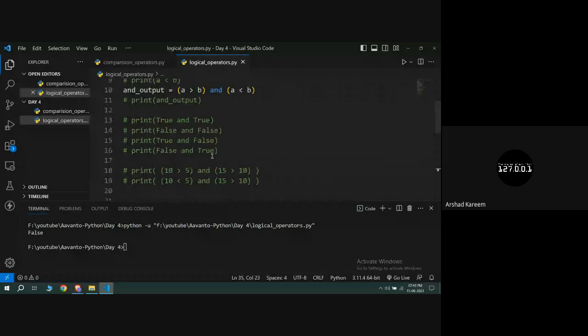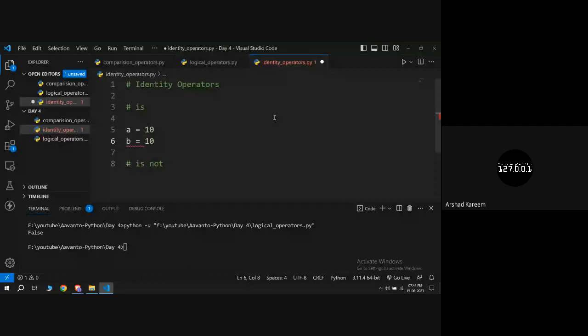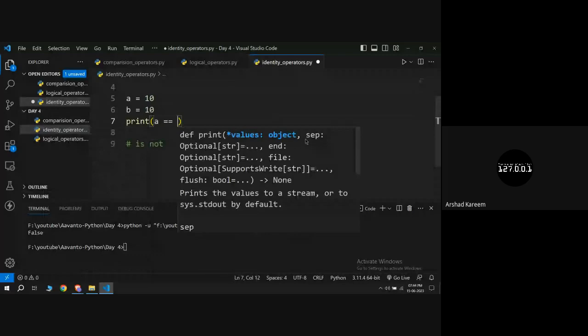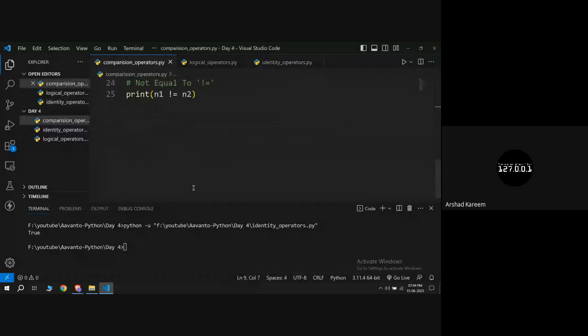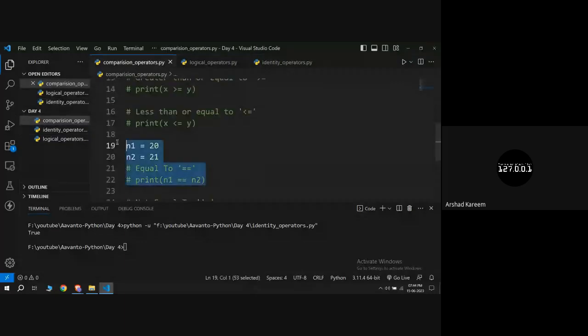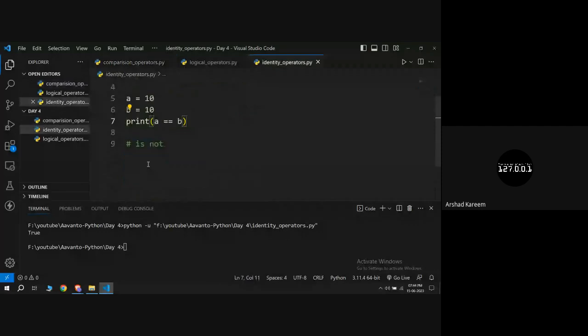Let's discuss. First, I will declare a variable A and assign value 10 to this variable. Again I will declare variable B and assign value 10 to this variable. So the values of A and B are the same. If I say print A == B, then you can guess I will get output as true. This double equal to is a comparison operator, which we have discussed in the comparison operators file. So if I say A == B, then I will get output as true because 10 is equal to 10. Now if I say A is B, and I run this program once again,